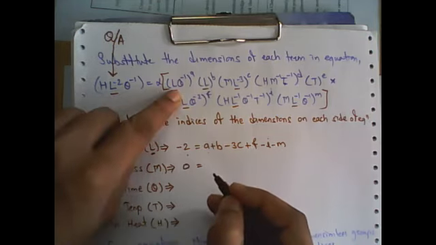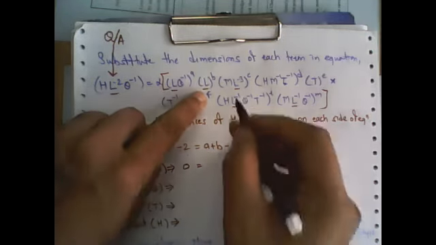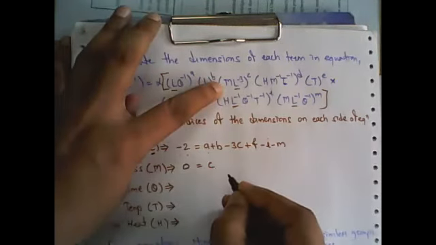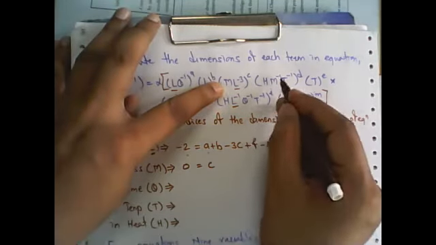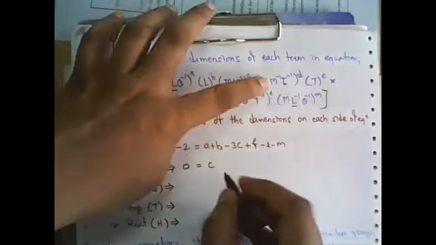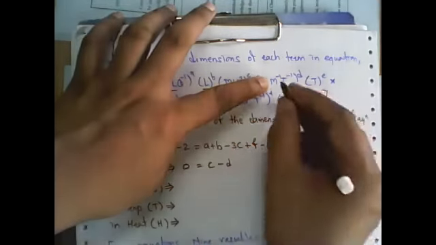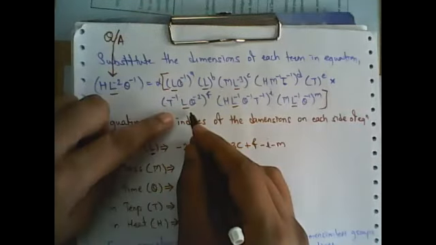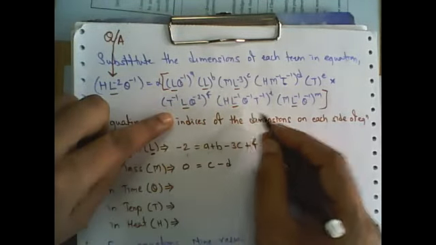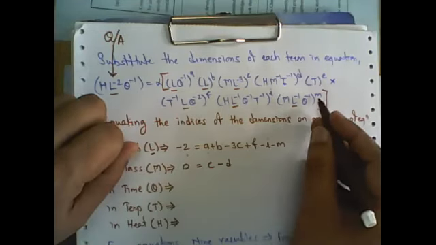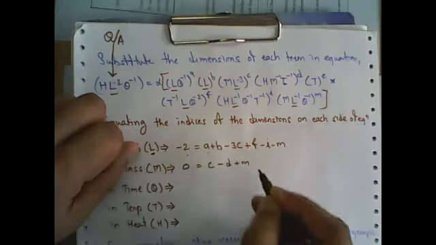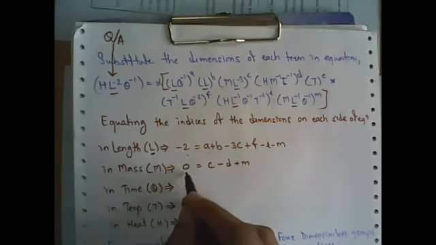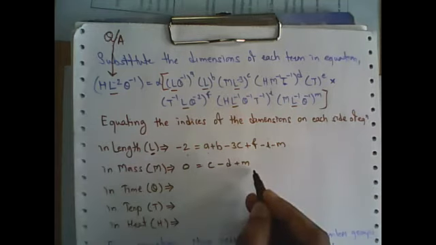Now in this case, there is no M, here no M, now here M, so this is M raised to c. Then here M raised to -1 and d, so it should be minus d. Then here no M, no M, no M. Now here M raised to m, so here small m. So in terms of M, it is 0 equal to c minus d plus m.